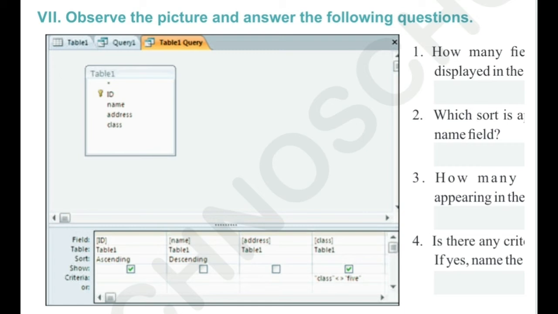How many fields will be displayed in the output? So here 3 fields will be displayed in output: name, address, class. Which sort is applied in the name field? So see there, ascending is checked. Okay, so ascending is the answer. How many fields are appearing in the table? 3 fields: name, address and class. Okay, and ID. Okay, 4 fields will be